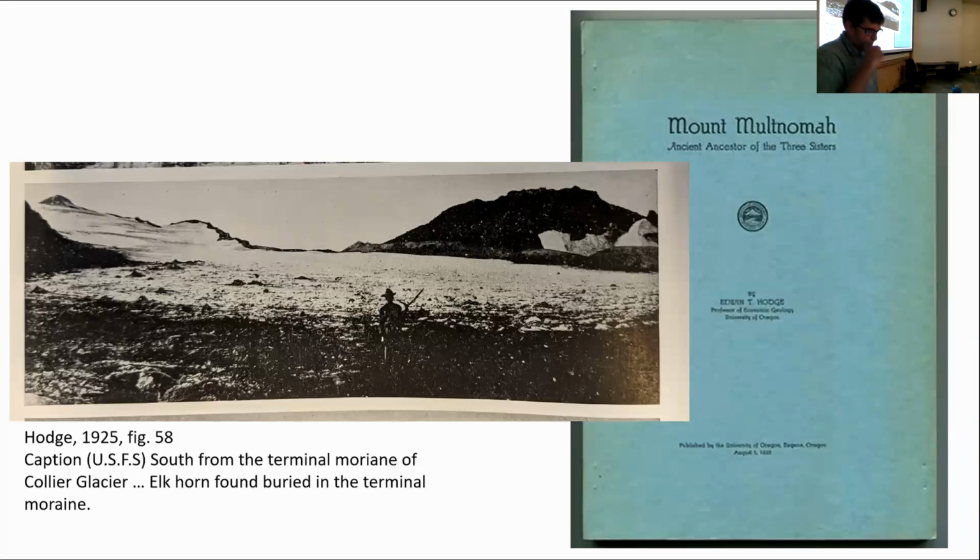And so at the time we were working up there, her 1934 photo was the earliest one that I knew about from Glacier View. But there is this Mount Multnomah book that was published in 1925 by Edwin T. Hodge, and in there, there's a murky reproduction of a photo taken from pretty close to Glacier View. There's a guy with an elk horn in the foreground there, and